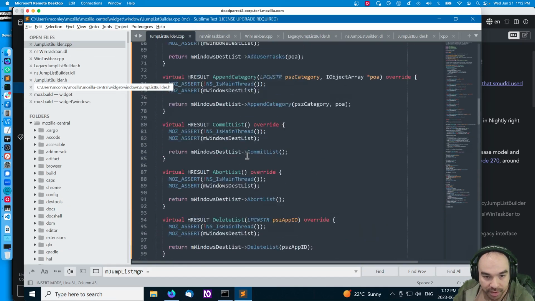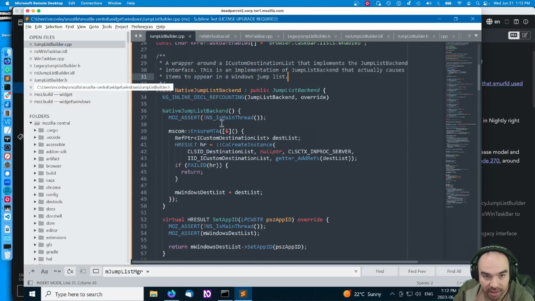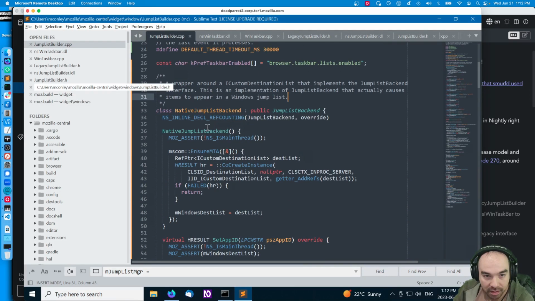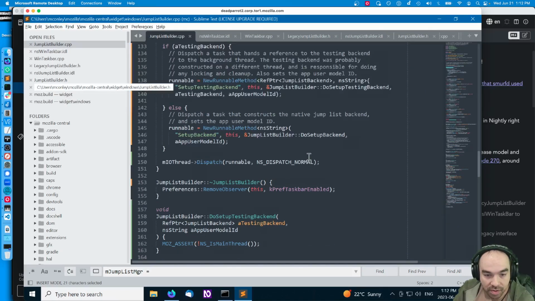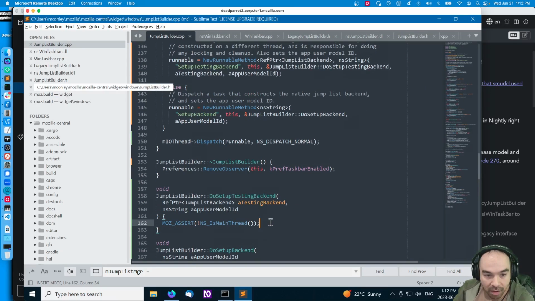Then what I want to do is construct one of these things in the... oh, so the constructor actually does the work, okay, good. It doesn't actually wrap one. It constructs it itself whenever I construct it. So I'm going to just be like, okay, well, jump list builder,